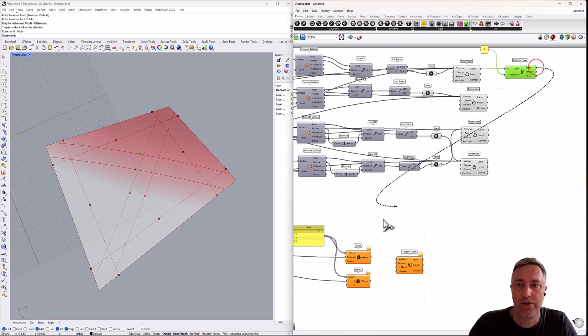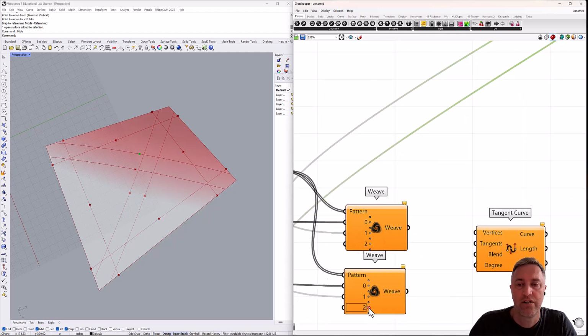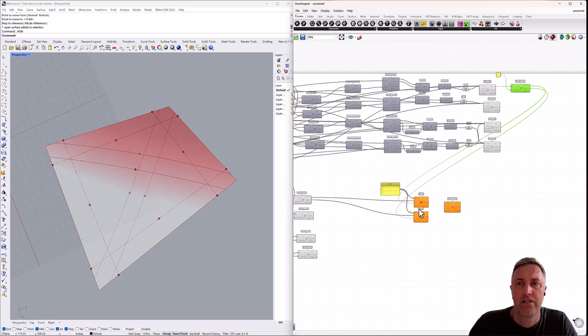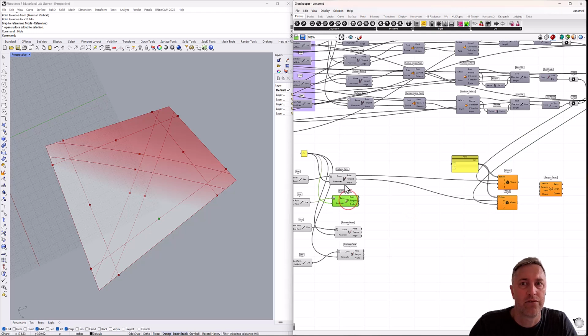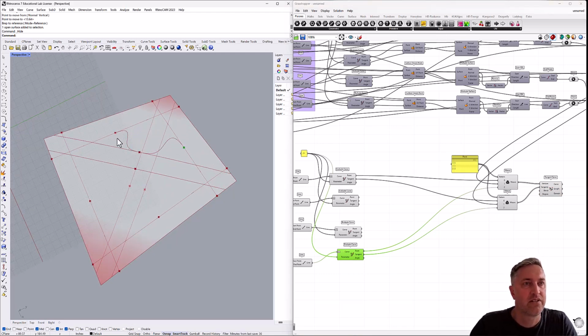We'll pull the point down to here. We'll pull the tangent down to here. For both of these weaves, we have to add one more input, which will be our other point, which is here. The points in the top, the tangents on the bottom. And now let's plug the vertices and the tangents. So, of course, these are the first and third tangent